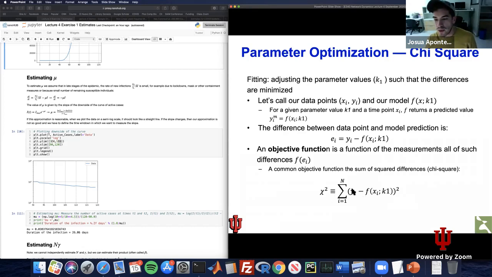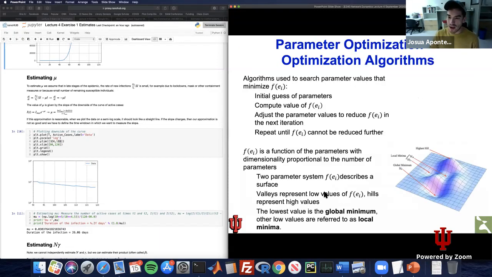So the objective function, the quantity that the fitting algorithm is going to try to minimize, is this function. You can have multiple different functions. You can also have very complicated functions. So we were talking to